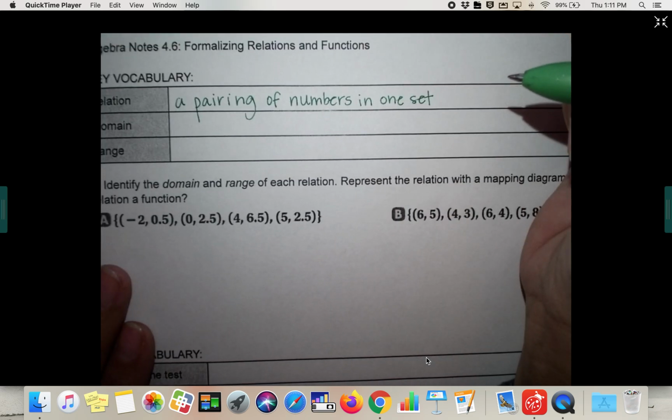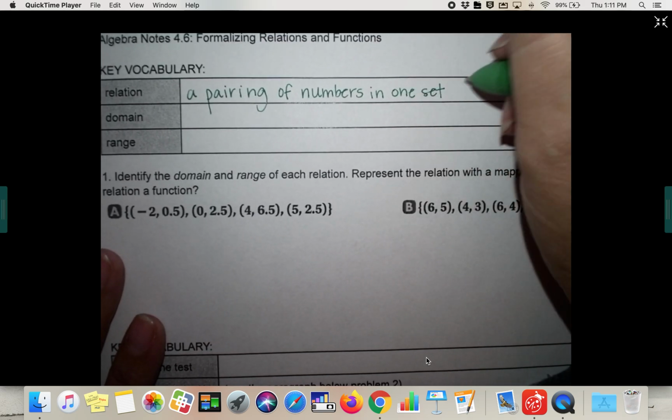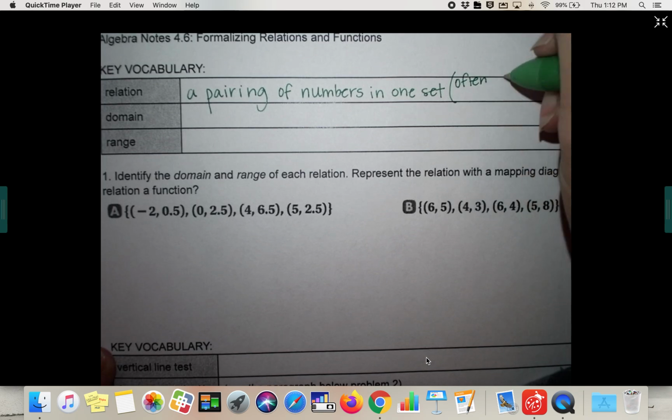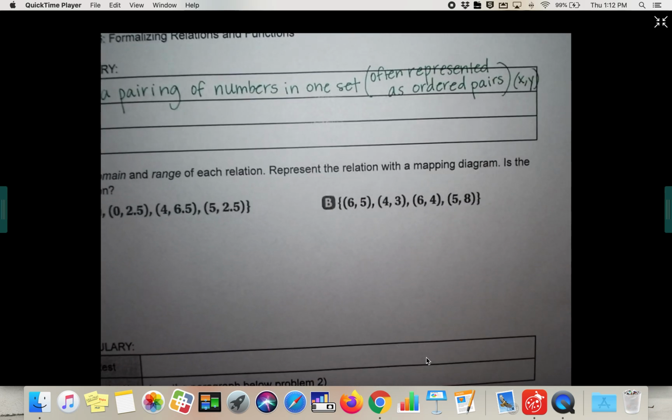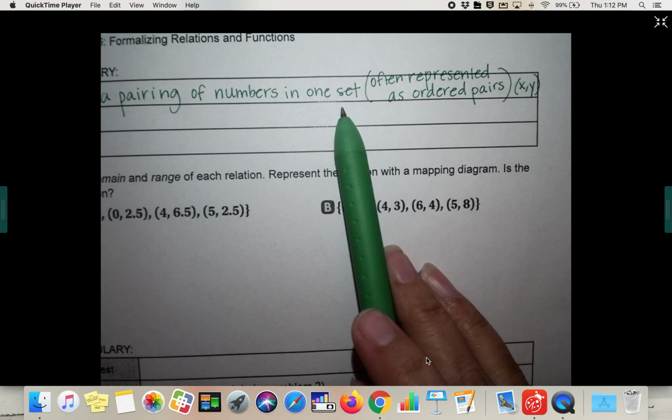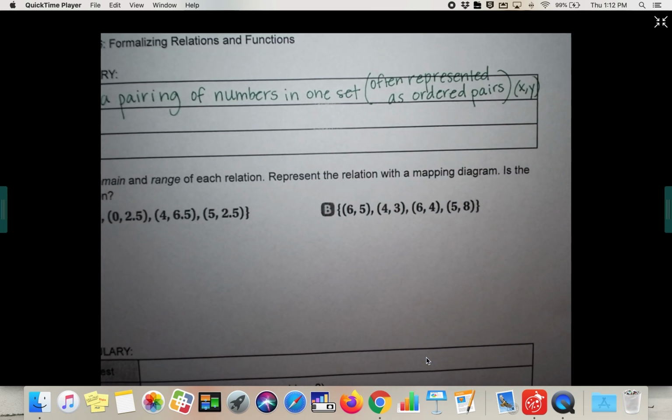You could either just watch this or write this part down too if you want, but it is often represented as ordered pairs. If you happen to have forgotten what ordered pairs are, it is like x comma y. So a relation is a pairing of numbers in one set, often represented as ordered pairs